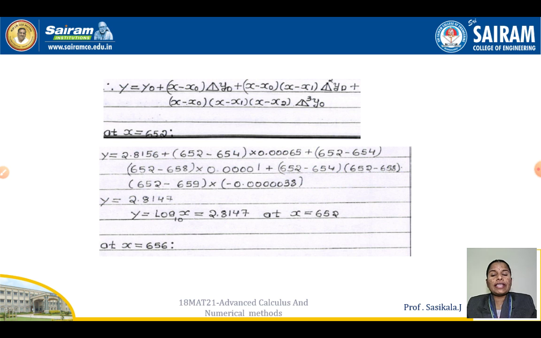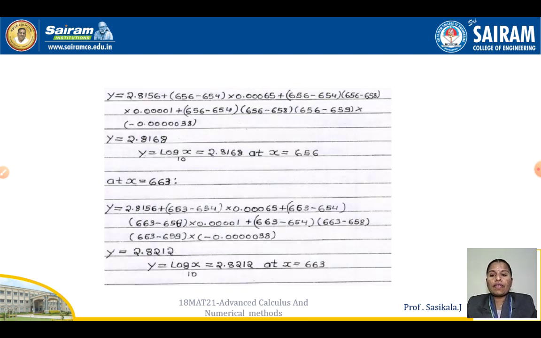First you can write the formula, then substitute at x is equal to 652. You will get an answer of y is 2.8147. And similarly, at x is equal to 656, you can substitute the value. You will get the answer 2.8168. And for 663, you can get the answer 2.8218. So all the 3, which is log to the base of 10, we can verify from your calculator also